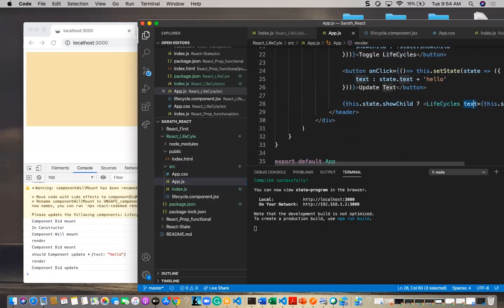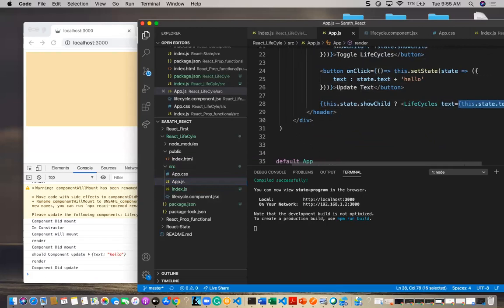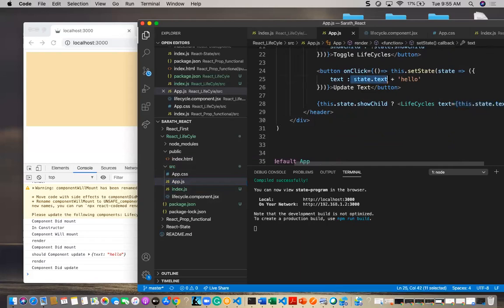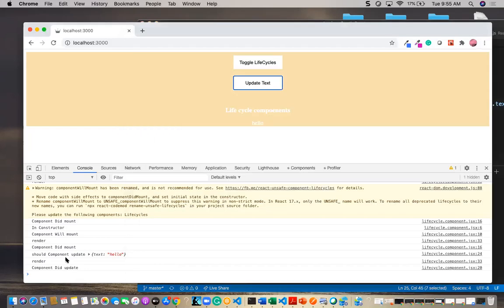The property we are having is text, and the value of this property is this.state.text. The state of the text is initially empty spaces, and that is now updated to hello. So that hello is injected to shouldComponentUpdate, which will get the next property of whatever the lifecycle method is having.